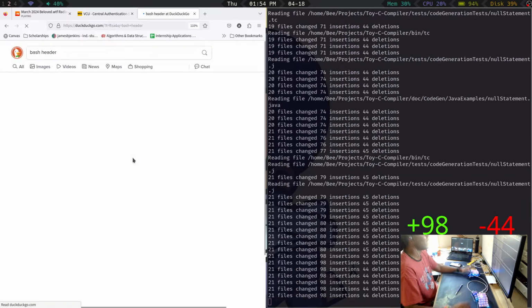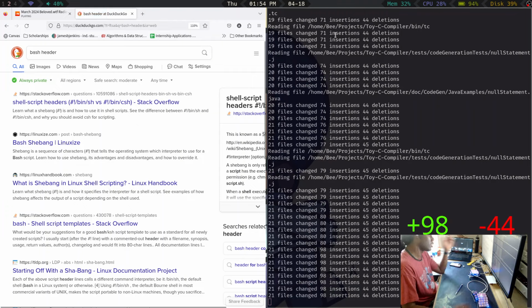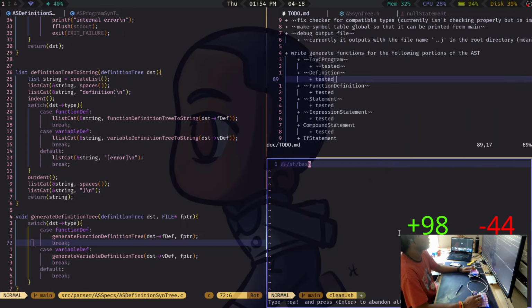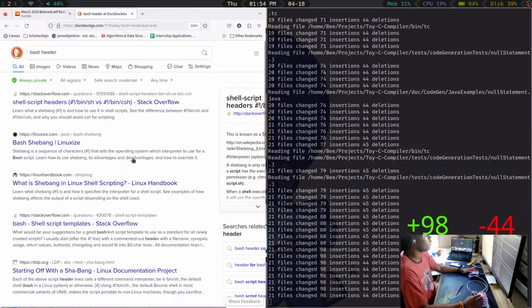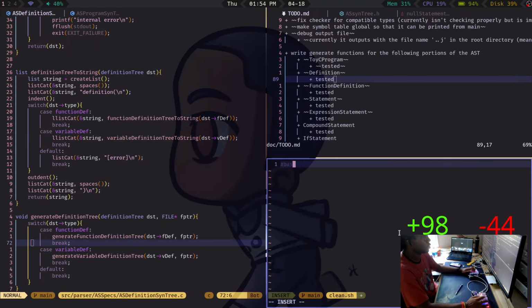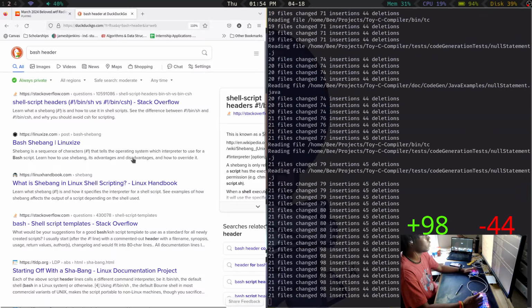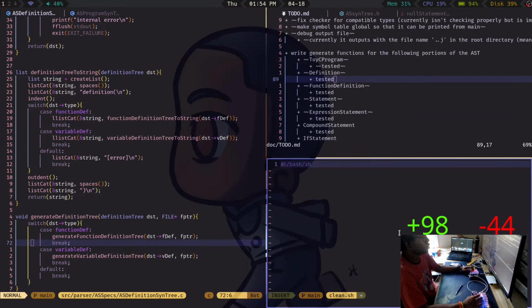Bash header. So it's bang bash slash sh, like that. All right. So then let's just remove anything that ends with .j.